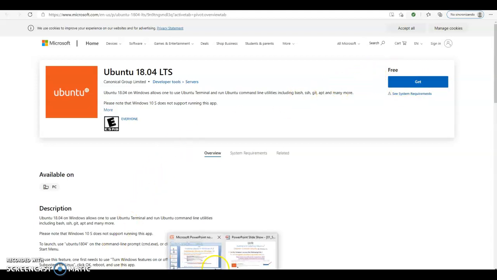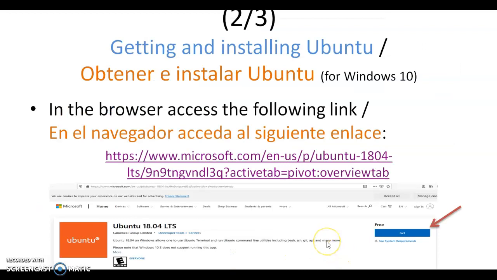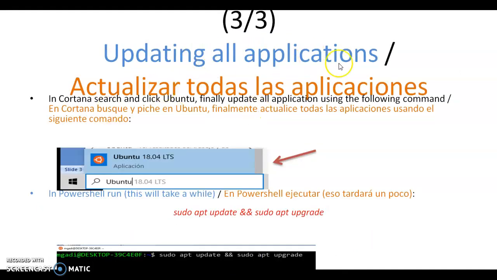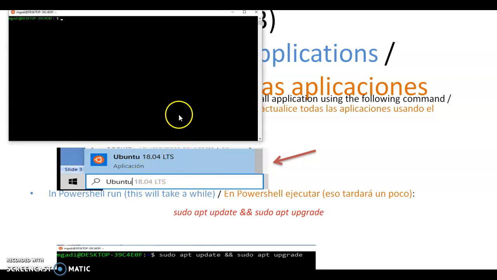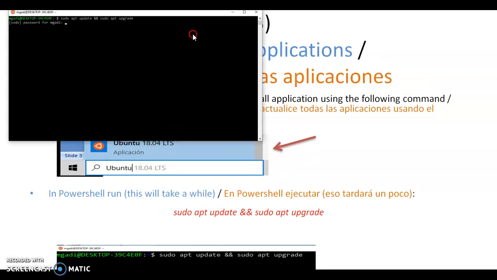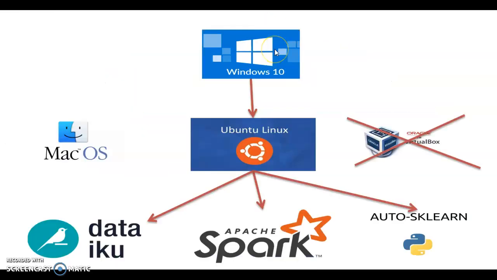Once you have it installed, you have to update all the applications. How do you do that? Again, you start Ubuntu from the Start menu. You should have it now, and then you have to run the command sudo apt update, and then you put in the password that you created when you installed Linux, and then you update everything. It's going to take a while. I have done it already. When you finish with that, you have to put yes, a lot of yeses, to confirm everything. When you're done, you're ready to install your Dataiku, Apache Spark, or